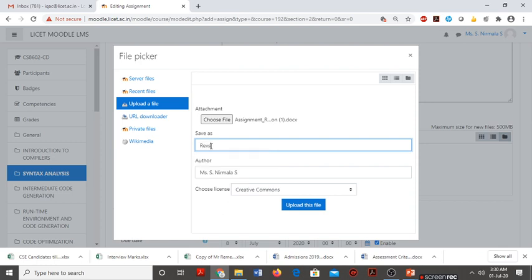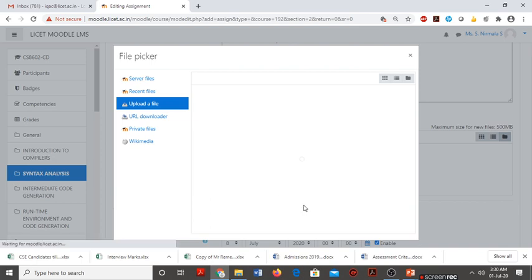The same name I'll keep, revision assignment. This is under Creative Commons license, which means anybody can share this document and upload this file.